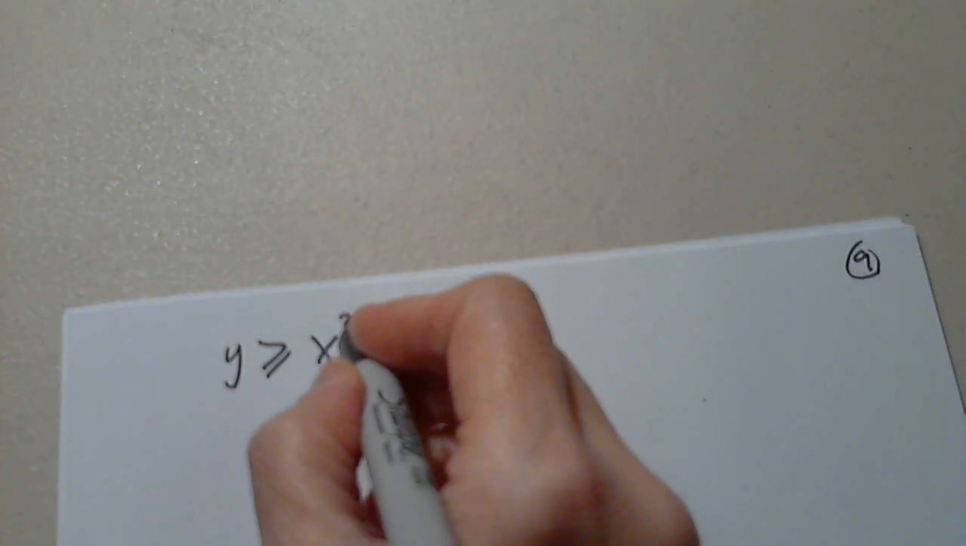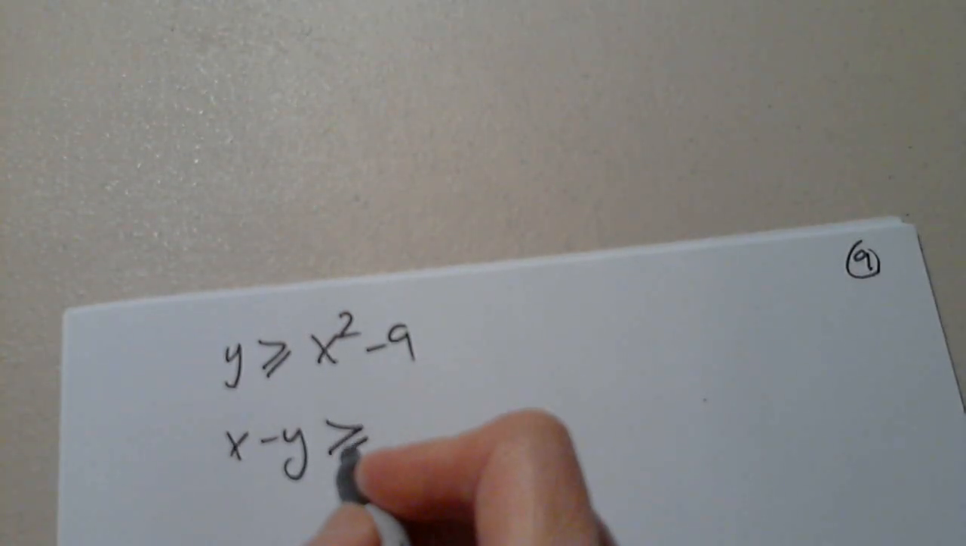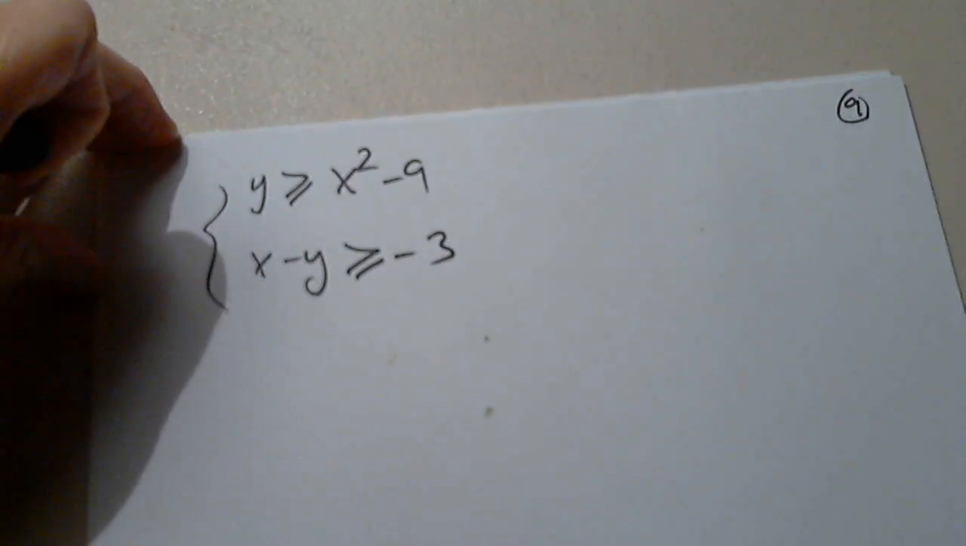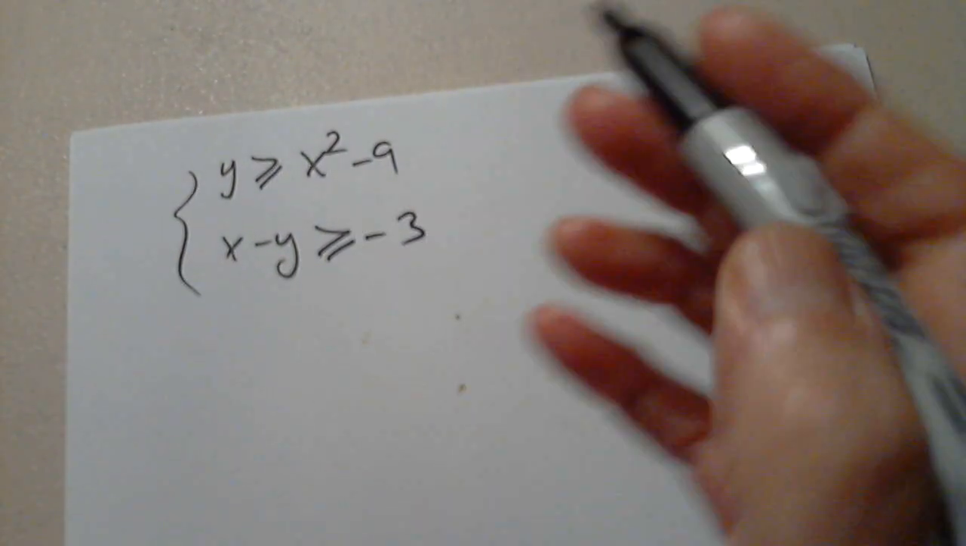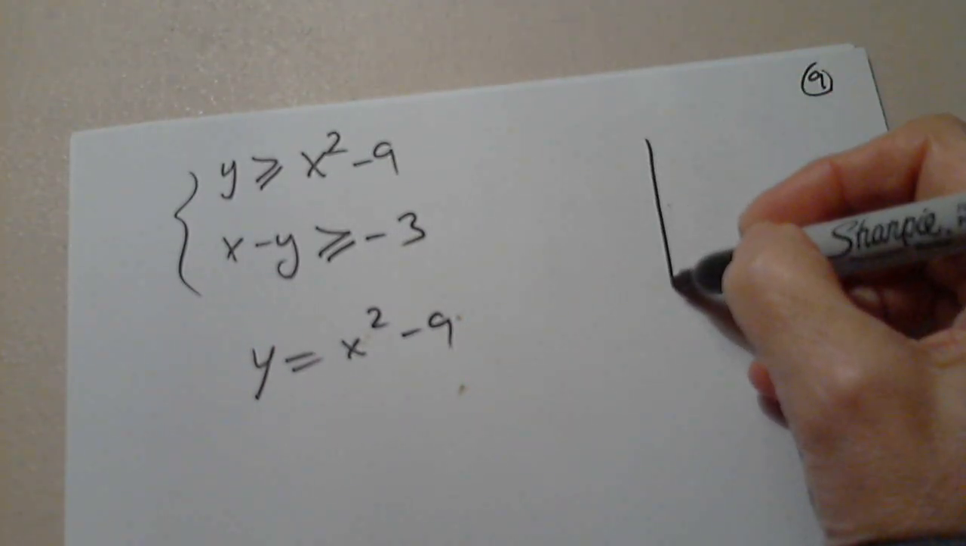Graph the solution set of the following system of inequalities. So y greater than or equal to x squared minus 9, and x minus y greater than or equal to negative 3. Perfect. So I'll find the points of intersection. Actually, let's write first of all x squared minus 9, which we know